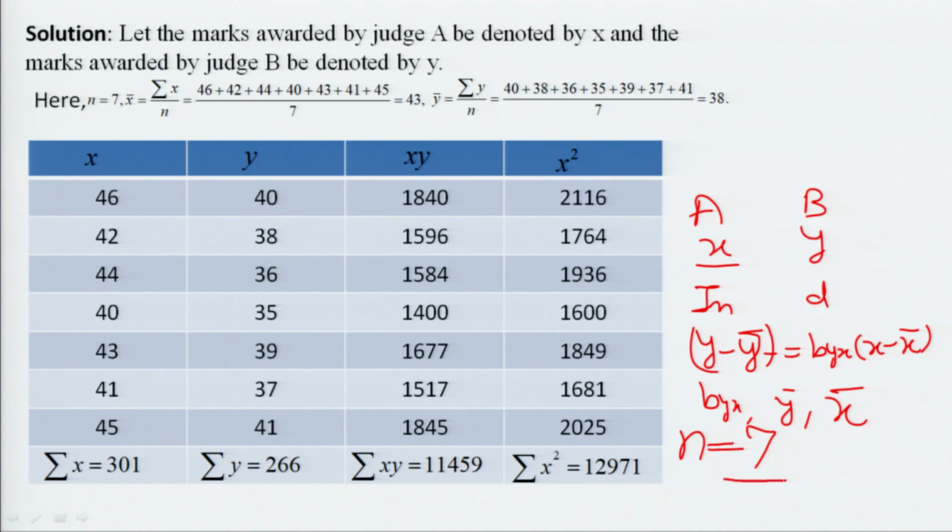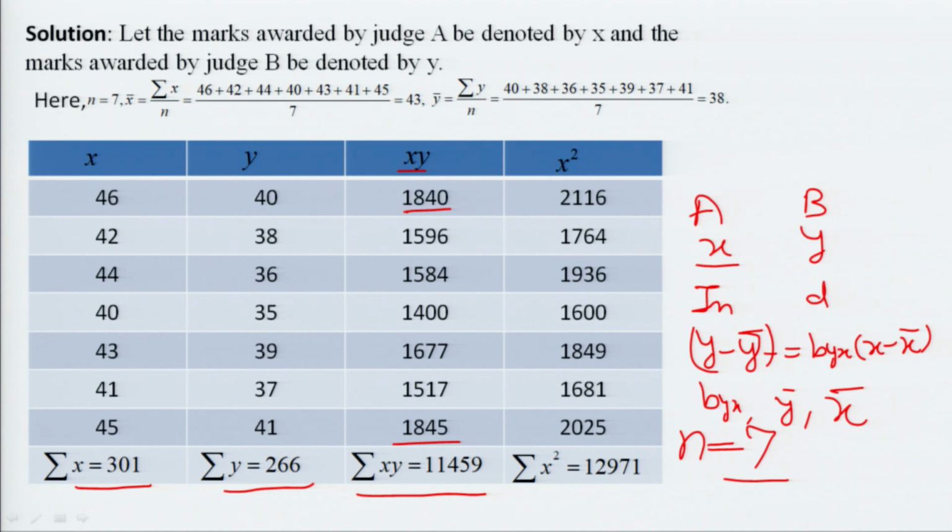So here n is 7, and adding all values of x, summation x is equal to 301. All values of y, summation y is equal to 266, and multiplying x and y, for example 46 times 40 is 1840, and adding all these values we get summation x y is equal to